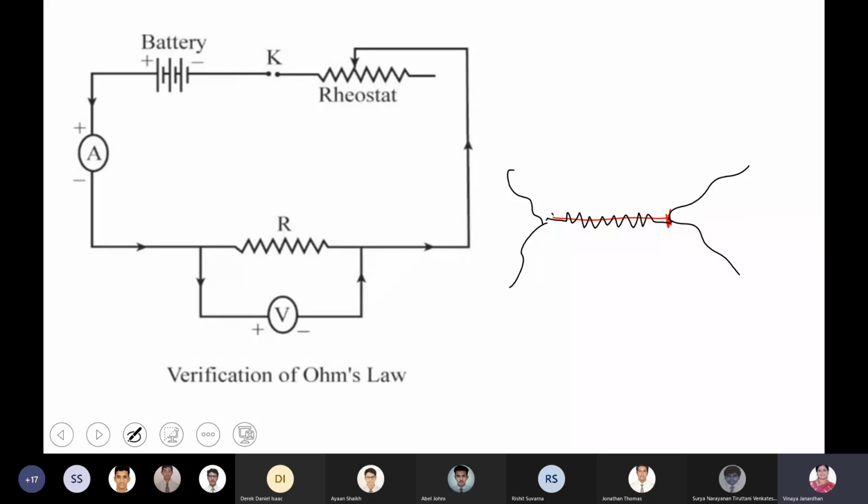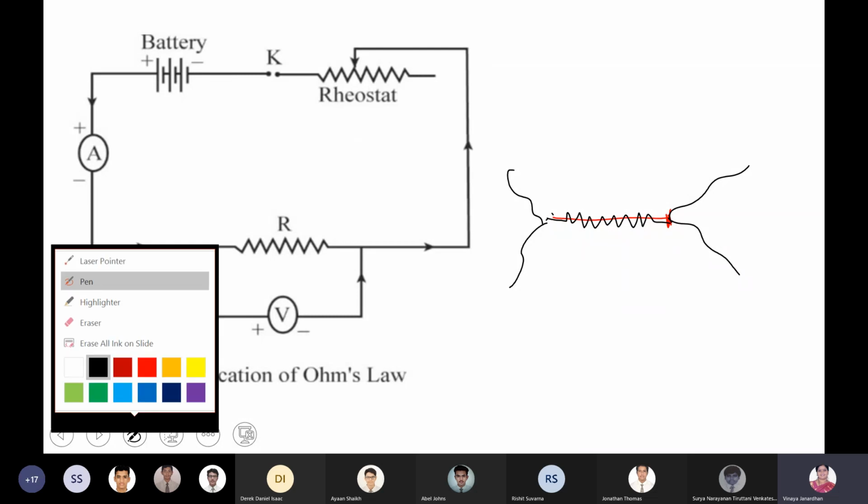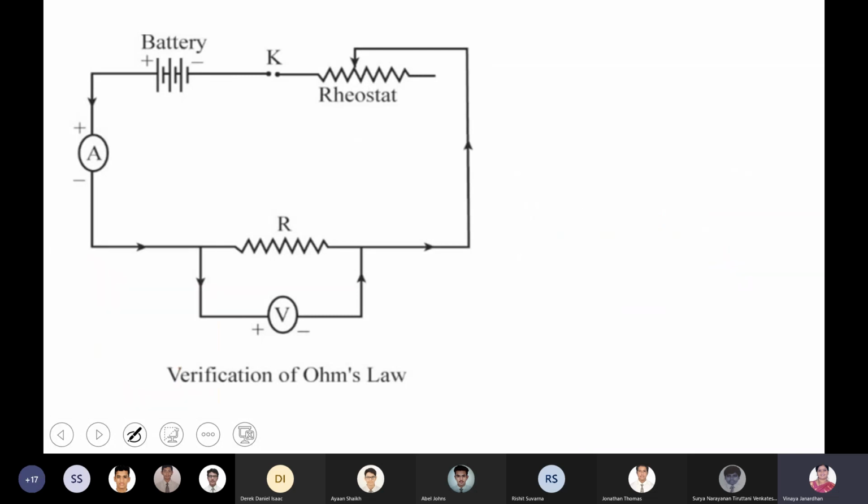So the given wire will be wound over a cardboard. One end of the wire you have to connect two copper wires. The other end of the wire also you have to connect two copper wires. Now we'll see how you connect them in the experimental setup. So now here I have wire 1 and wire 2. These are copper wires. This is a resistor, boys. Now one end will be connected.